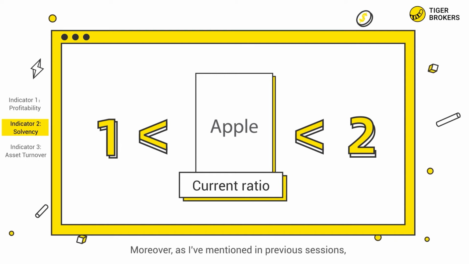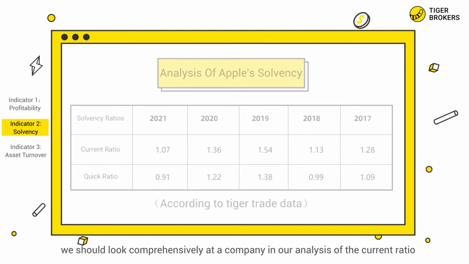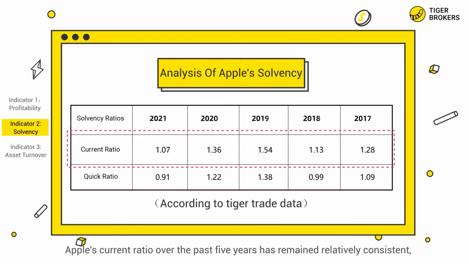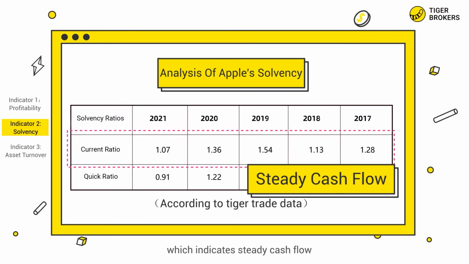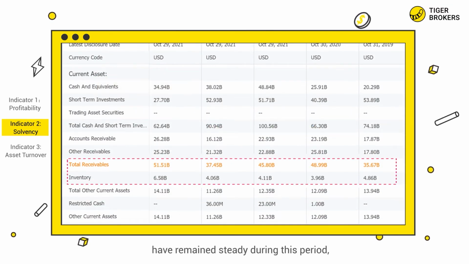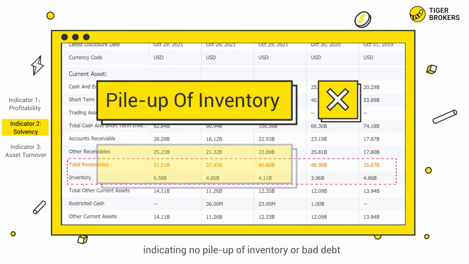Moreover, as I've mentioned in previous sessions, we should look comprehensively at a company in our analysis of the current ratio and not focus only on the value of the ratio. Apple's current ratio over the past 5 years has remained relatively consistent, which indicates steady cash flow. We also found that inventory and accounts receivable have remained steady during this period, indicating no pileup of inventory or